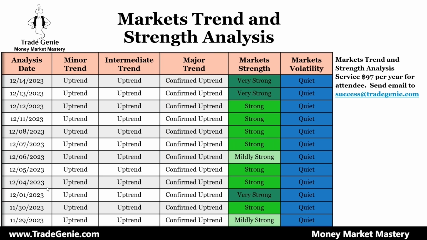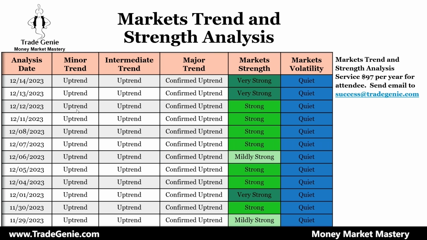The major event occurred on 13th of December: FOMC, interest rate, etc. But the market condition is saying uptrend, uptrend, uptrend, confirmed uptrend, right? So for the effect of FOMC in the coming days, my first signal would be the market will start losing its strength. I would watch the strength, that it will turn from very strong to strong, and suddenly start going towards mildly strong, and something will happen which will give me the signal on the minor trend.